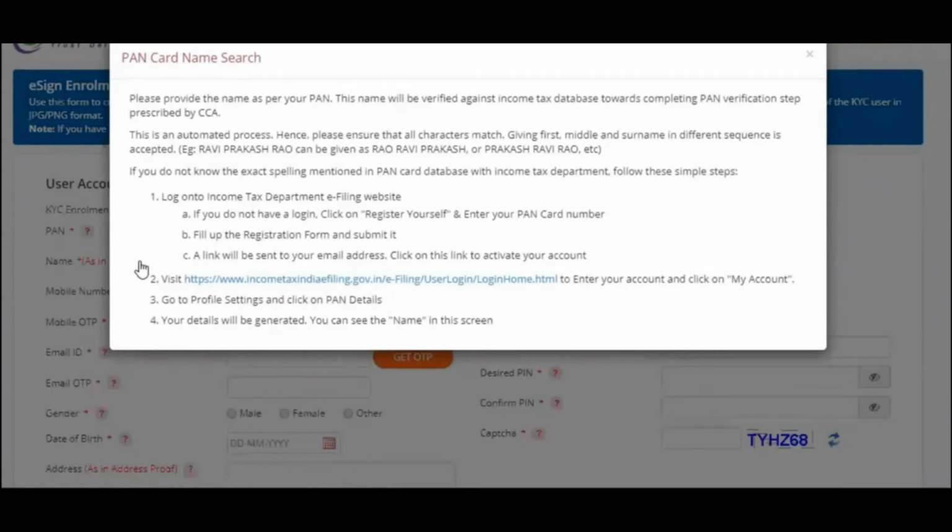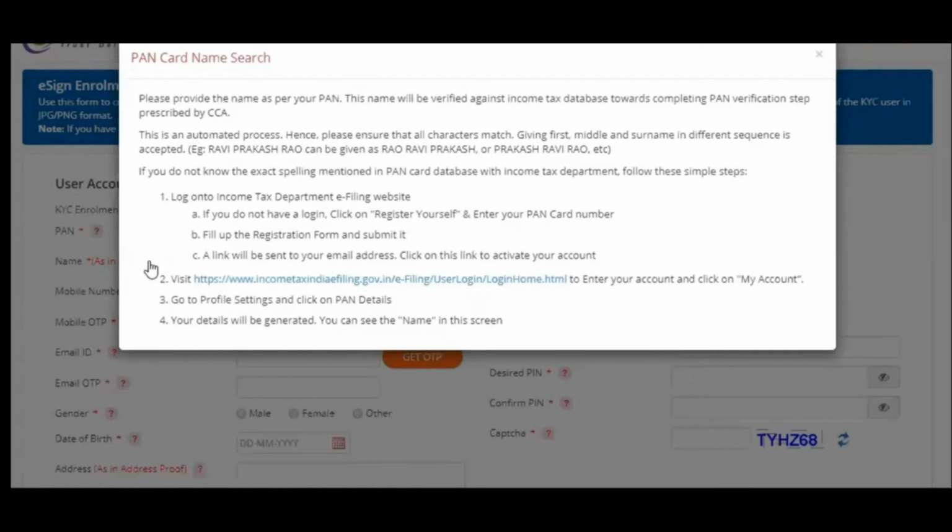In many cases you will find housewives or young kids, like my 18, 19 year olds who have just opened an account, or very new people who are not techno savvy. They have not registered themselves on the income tax website. For the eMudra process, it is mandatory to register yourself on the income tax website.